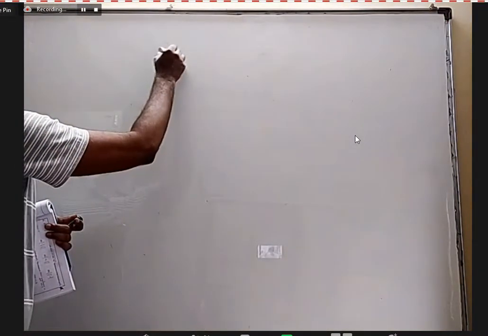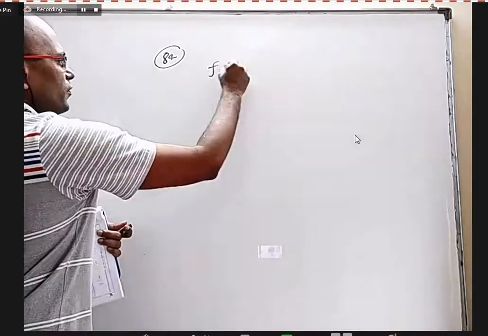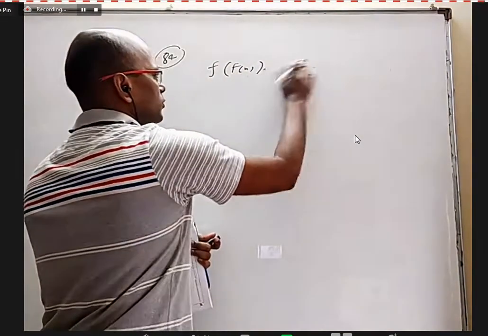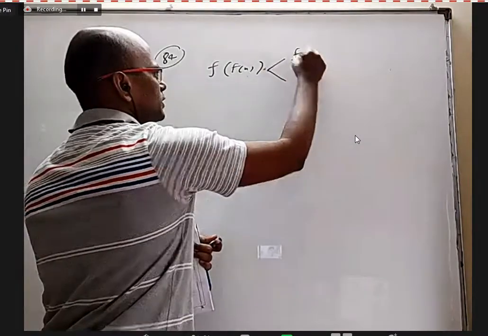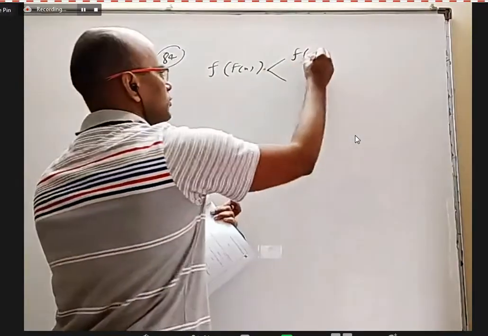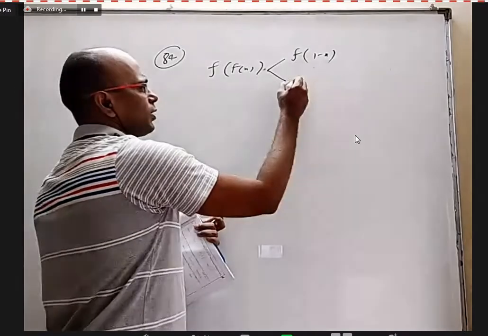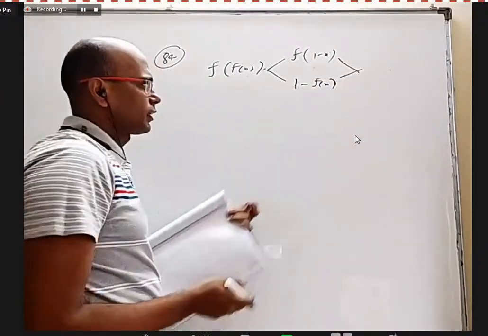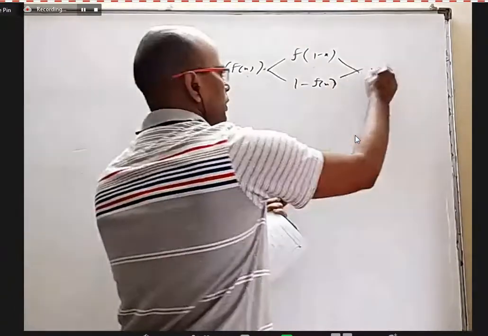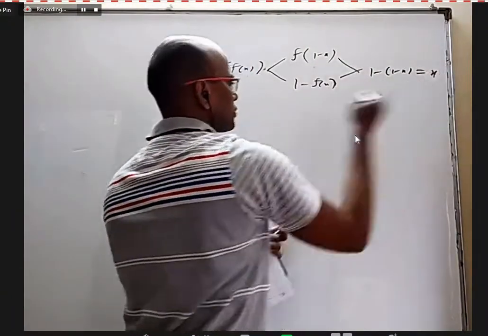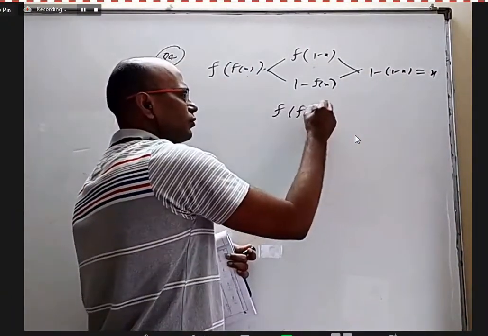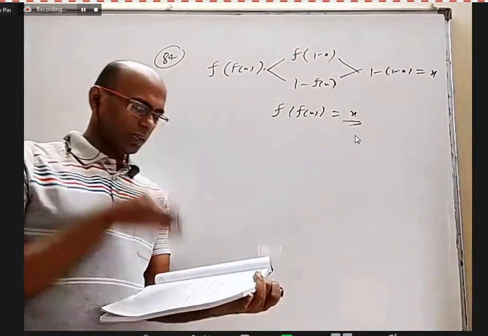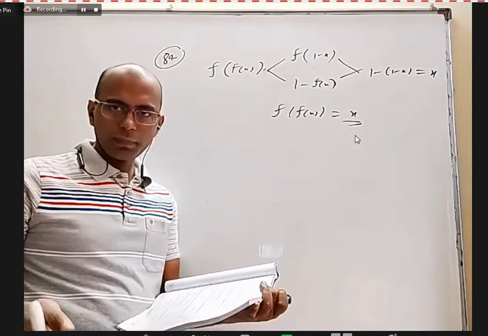What I'm telling is, when somebody tries to find f of f of x, of course, you can write it in two ways. You can substitute the inner f of x first, which is 1 minus x, or you can write 1 minus f of x. Both will give the same finally, which is 1 minus of 1 minus x, which is x. So when you try to find f of f of x, you will get x. It is a simple function, so whatever is the domain of the original function, same.